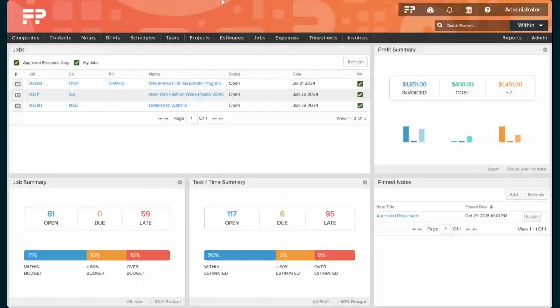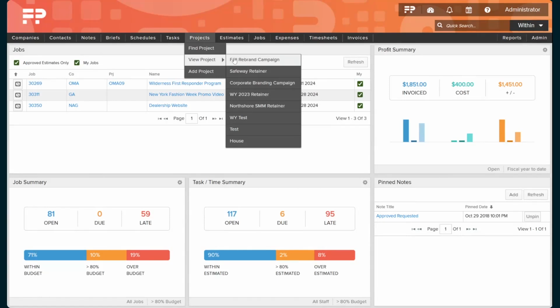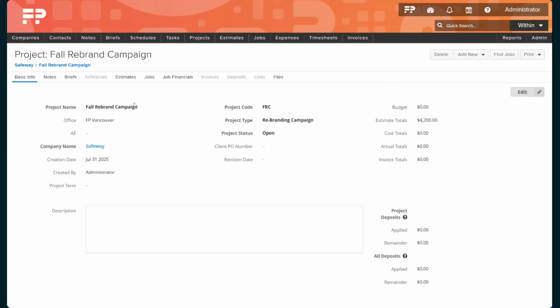So here we are in Function Point. You can imagine that we've just kicked off a big new project, maybe something like a fall rebrand campaign. As the AE, I want to capture some internal notes coming out of our discovery session. These aren't tied to a particular deliverable or a job yet. They're more about maybe initial direction, tone, and expectations. So I'm going to head to that project in Function Point, and I'm going to go ahead and click Add